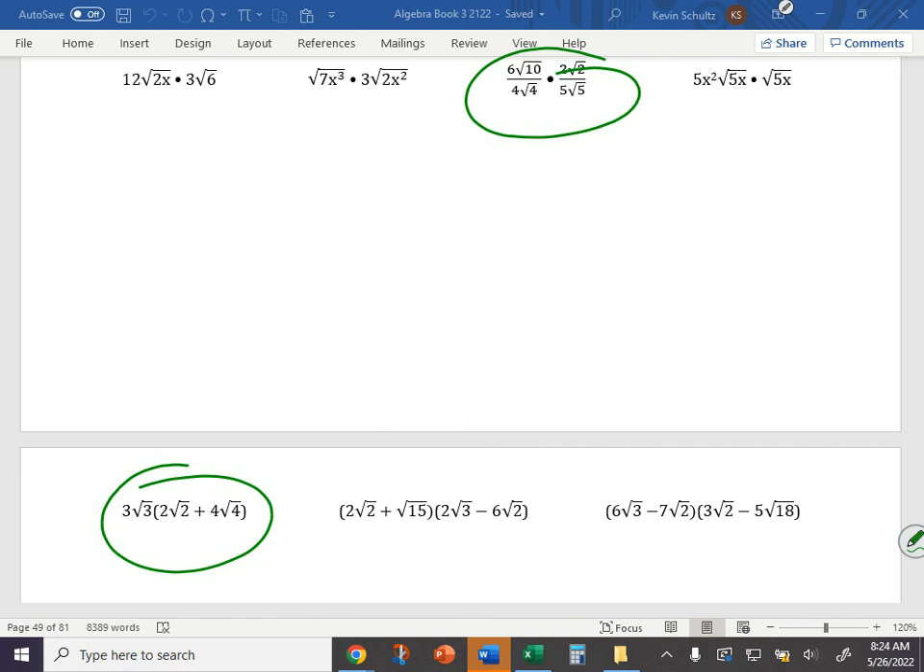What's circled on the board is what you need to do. All right, that is how you math. Don't forget